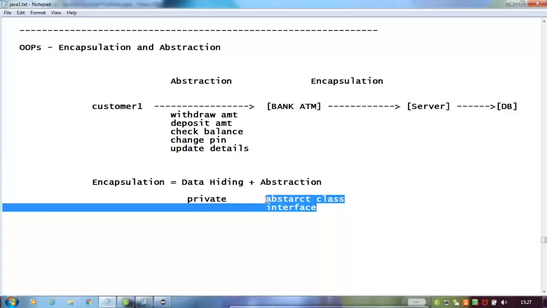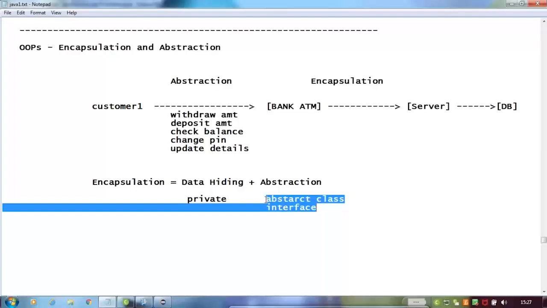So if I want to see that side, then first you have to understand what is that abstract class, properties of abstract class. You have to understand an abstract class first. Then you see how we can implement the concept of abstraction using abstract class. Similarly, you have to understand interface,